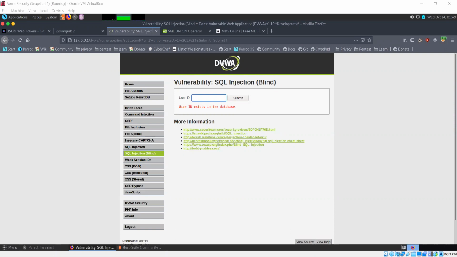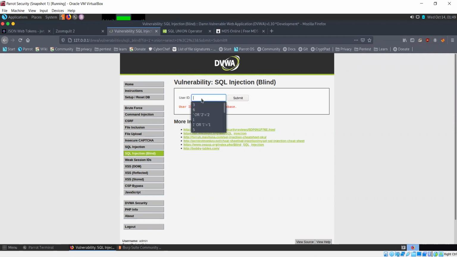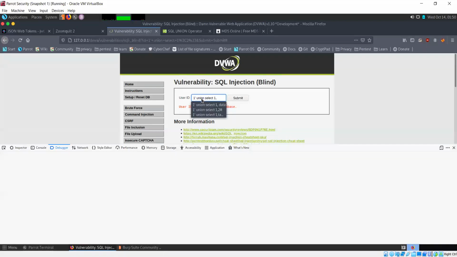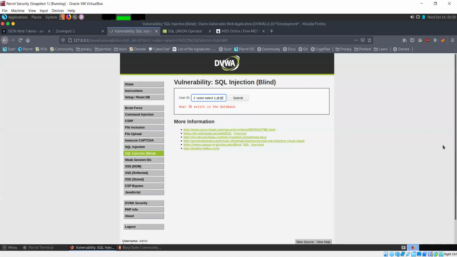Now, with regards to identifying the version, in this case, we cannot use the same method. So if I type 1 union select 1 and, sorry, @@version.